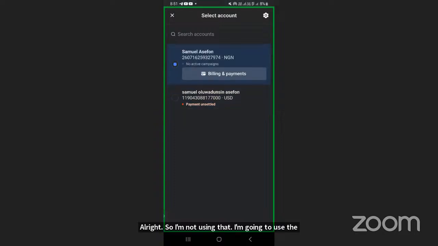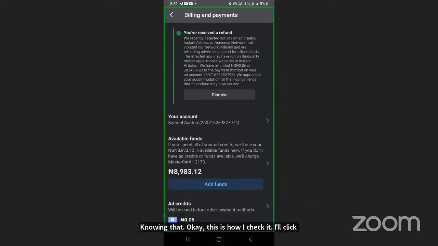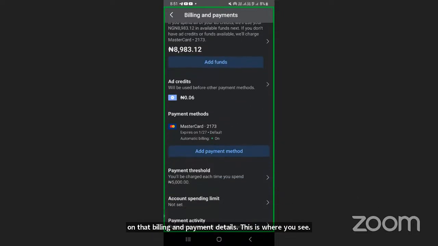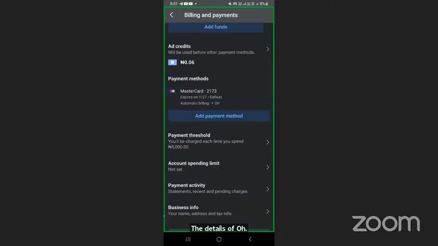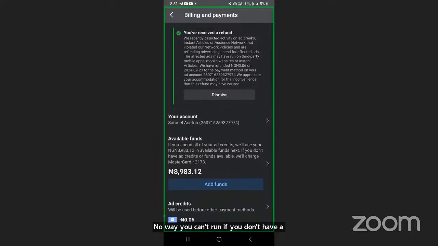This is how I check it. I'll click on billing and payment details. This is where you see the details of my ad account. One thing about the ad account is that if your ad account is not set, there's no way you'll be able to run ads. You can't run ads if you don't have an ad account. So upon creating an ad account,